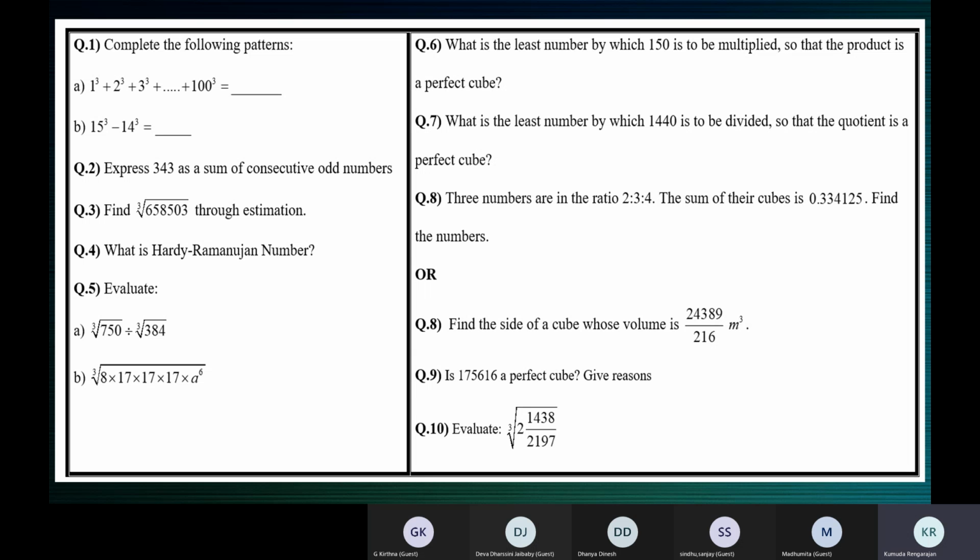Now, under the cube root symbol, you have a fraction. Write all the factors of the numerator and the factors of the denominator, and then certain numbers will get cancelled. That way you can find the cube root, or evaluate this expression this way. Try this, children.